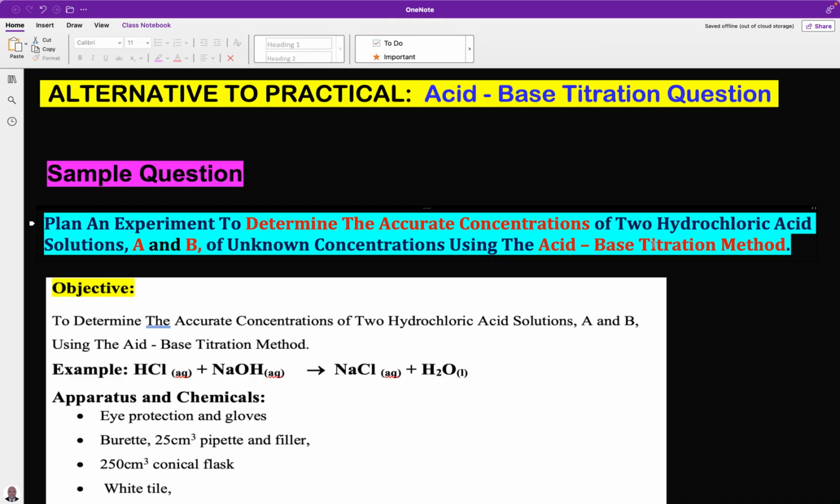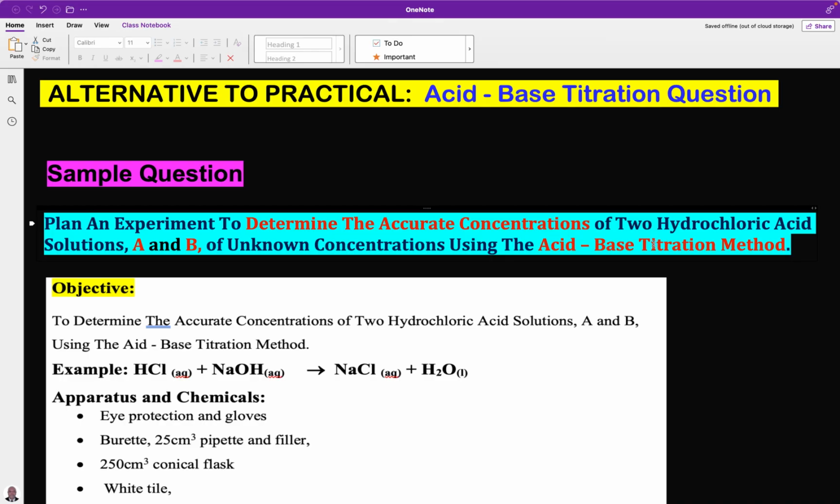And our example will be between dilute hydrochloric acid plus dilute sodium hydroxide solution to give sodium chloride plus water. This is an acid-base titration. From our objective,